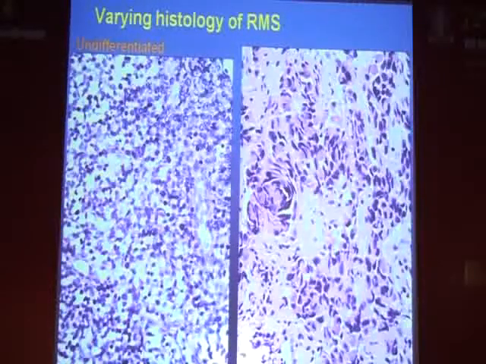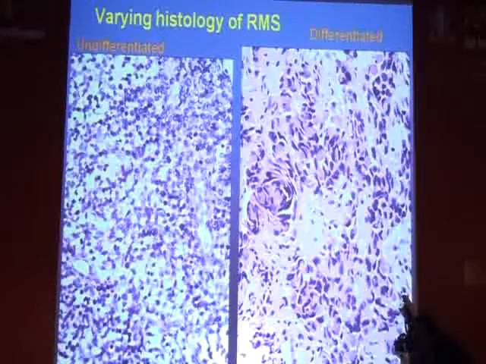But rhabdomyosarcoma sometimes can have cells which are differentiated and they show skeletal muscle differentiation. They have abundant eosinophilic cytoplasm which is very dense in color with an eccentric nucleus, and there will be admixed cells which are spindle in shape, or elongated spindle, and some of them will be round. So when we see this, it is a differentiated rhabdomyosarcoma, differentiated variant. So when we get this kind of differentiated variant, we have a clue that it is a rhabdomyosarcoma, and we can just do a simple marker and we can be sure that it is a rhabdomyosarcoma.